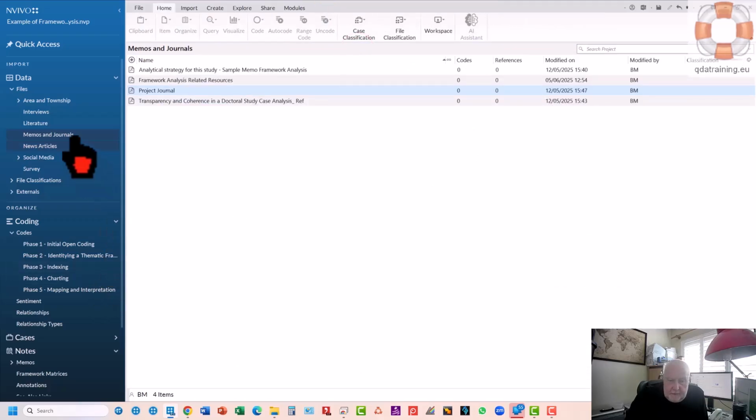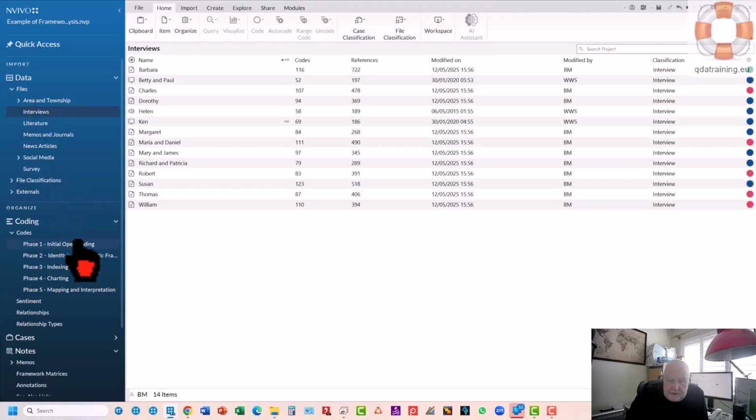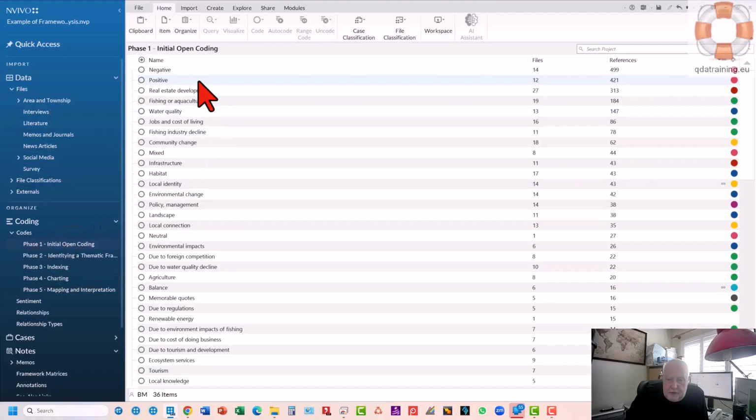So you would start off with your primary data, your interviews, focus groups, surveys, whatever you have, and you would do your initial open coding. So basically deconstructing the data from its original chronology to an initial set of non-hierarchical codes. Typically they're non-hierarchical. We're not having any hierarchical structure here because we're not arbitrarily deciding at the first pass of the data that something is more important than something else. We're literally deconstructing it. We will reconstruct it when it comes to identifying a thematic framework, and that framework will hopefully make sense to further the aims of the study